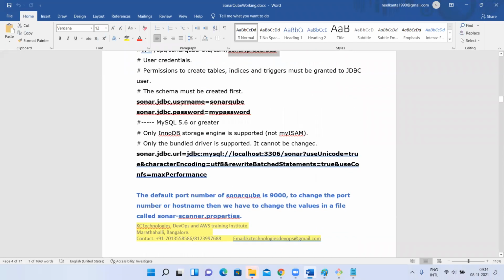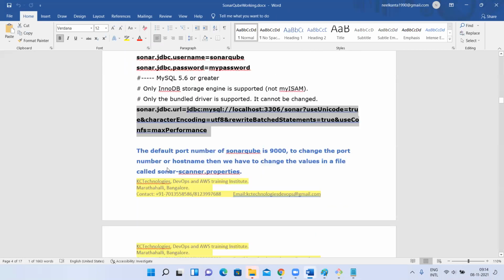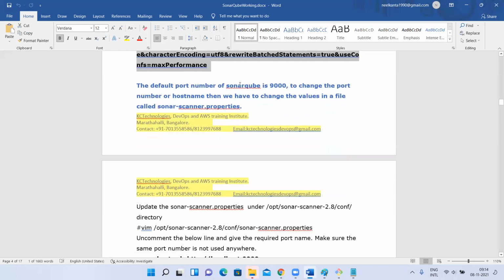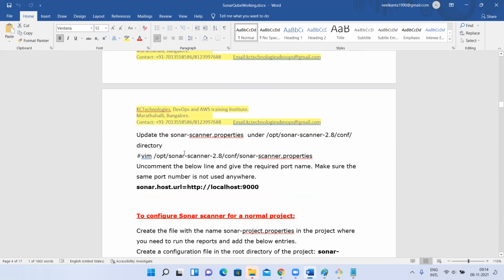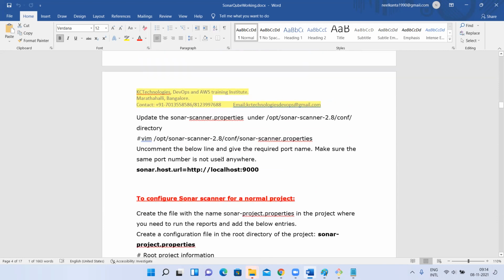There you have to give the DB details, and based on the type of DB, you have to give the schema. That URL you have to change. And the default port number of your SonarQube will be here. I have given something wrong. I'll update the document and share it. By mistake, and no student complained to me about this. I think they are not following the document. Somehow I missed this, the path and file name.